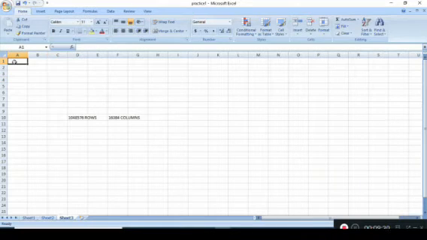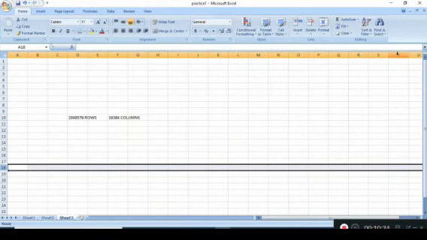In further topics, you will study how we can create a formula for calculating our data output. Now I hope you clearly understood what a cell address is.